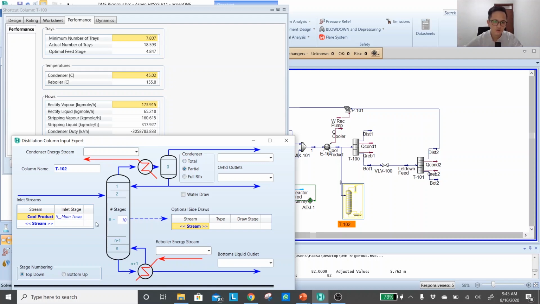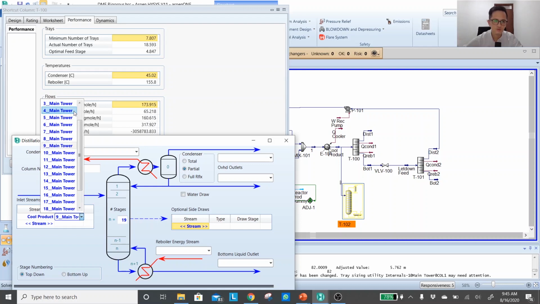Okay, so for example, amount of stages. Default would be 10, but actually now we already know from the shortcut distillation it requires 19 stages. Inlet stage at 5. If some of you observe a number slightly different, that's fine. Okay, maybe your calculation gives you 20 stages or 18 stages, that's really fine. You don't really have to worry about that.